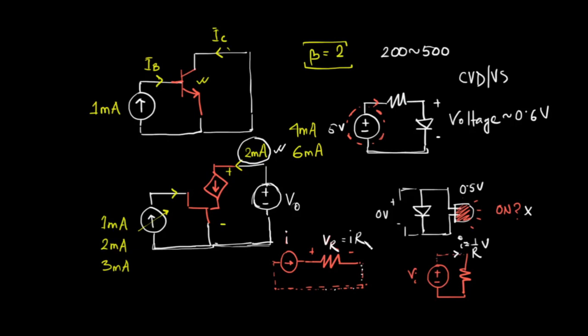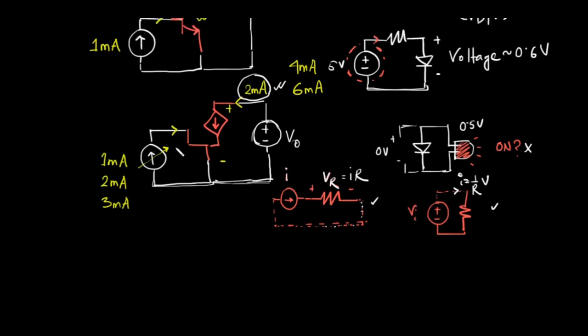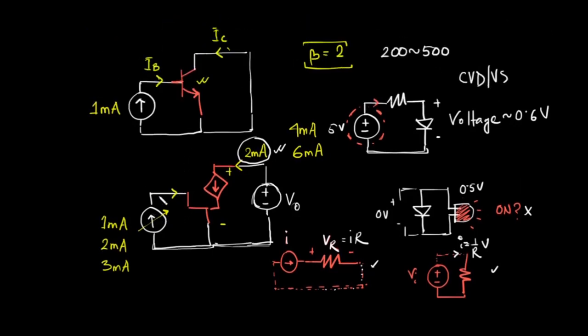So if we want to use this BJT to amplify voltage signals, how can we do that? Well, we can use this trick that we saw here. Using this trick, we can draw the circuit like this. Previously we had an input current source. So how can we produce an input current from an input voltage? Well, I can use a resistor, right?